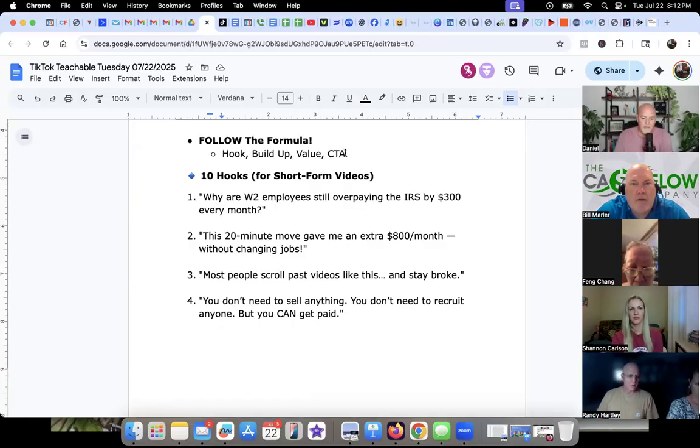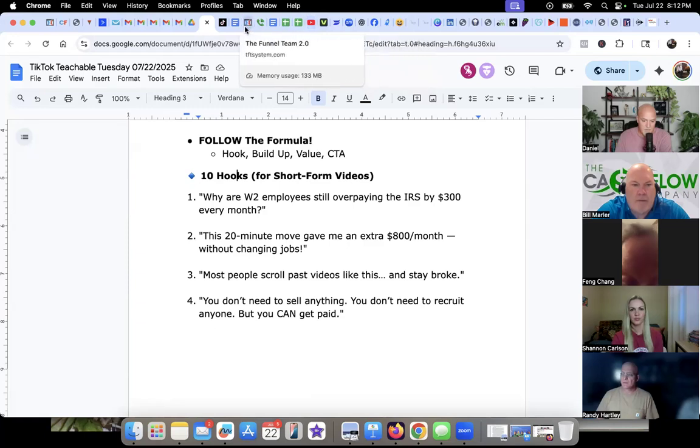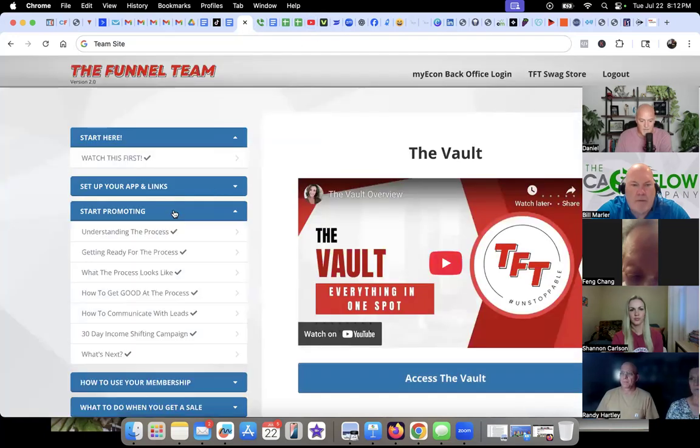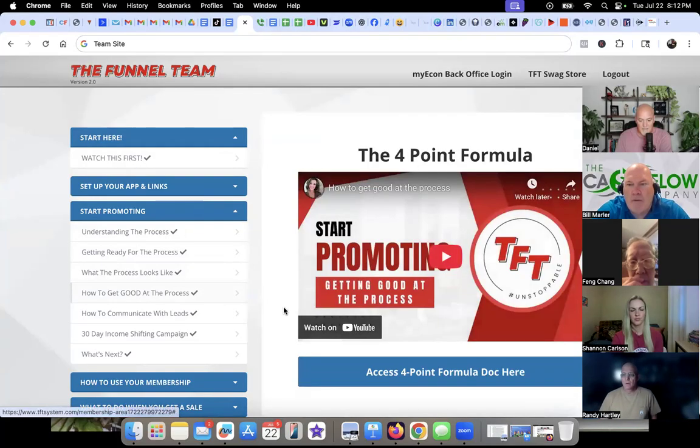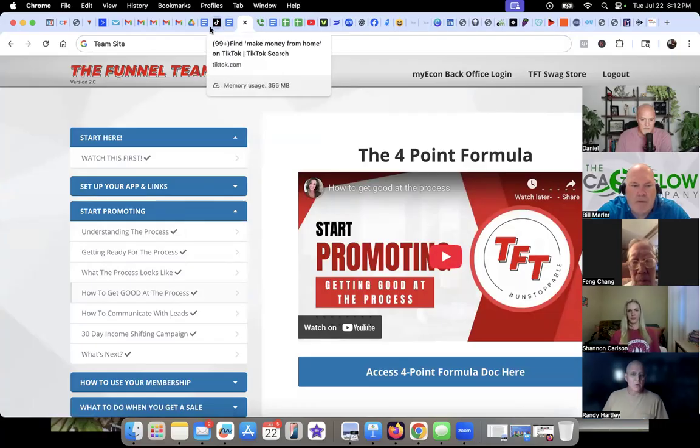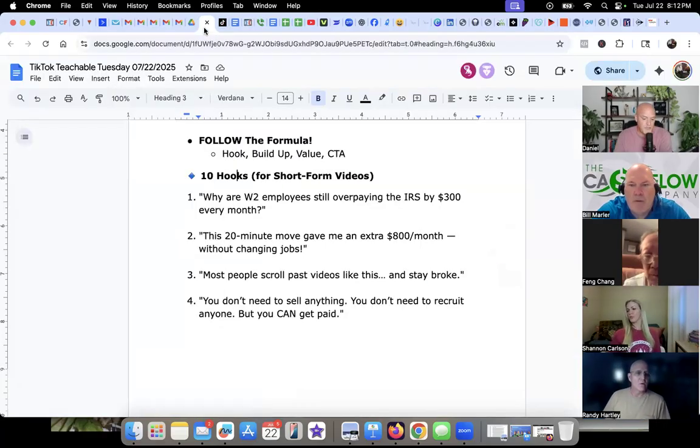So what is our formula for quick and easy content? Hook, build up, value, call to action. Easy stuff. And it's right in our team training. We have all of that in the start promoting section: how to get good at the process, the 4-point formula. It's all right there, so none of this stuff should be new information. And check this out, I made it real simple